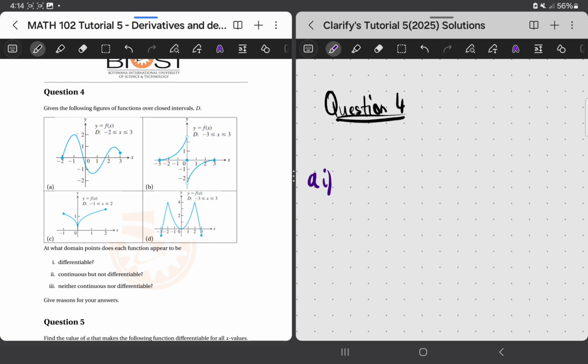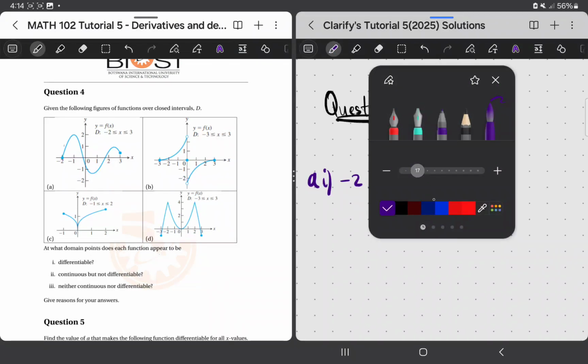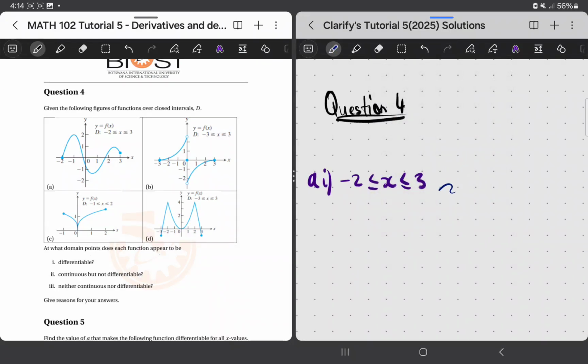Why? There is no cusp. It is continuous. Number one, it's continuous. And 2, it has no point or cusp. So it's going to be differentiable everywhere. So here you can say it is differentiable from -2 to 3. Why did you say it is from -2 to 3? Because you can say no sharp corners